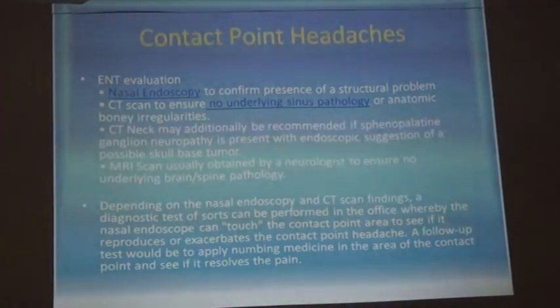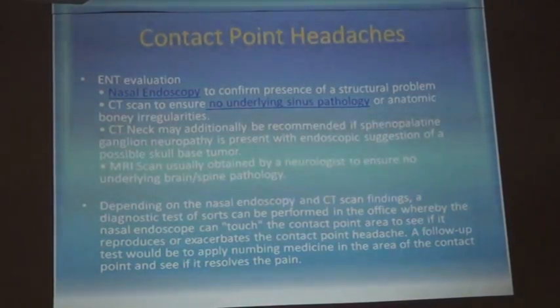So how to work up these contact point headaches? Complete ENT evaluation should be done with nasal endoscopy to confirm the presence of structural problems like septal spur, septal deviation, concha bullosa, or any other tumor. CT scan to ensure that there is no underlying sinus pathology or anatomic bony irregularities. CT may additionally be recommended if sphenopalatine ganglion neuropathy is present with endoscopic suggestion of possible skull base tumor. Then an MRI scan is usually obtained by a neurologist to ensure no underlying brain or